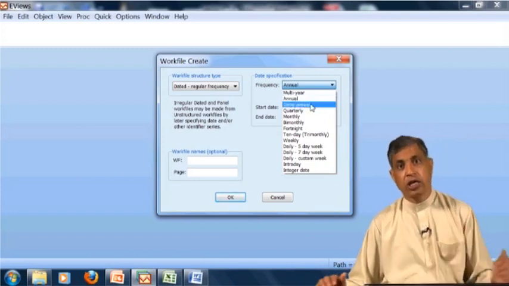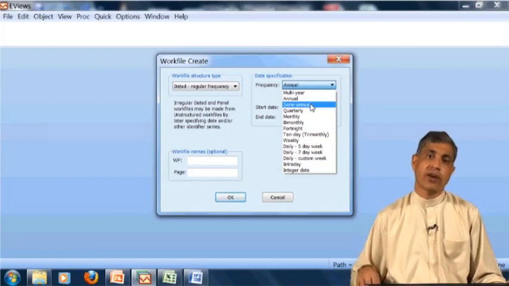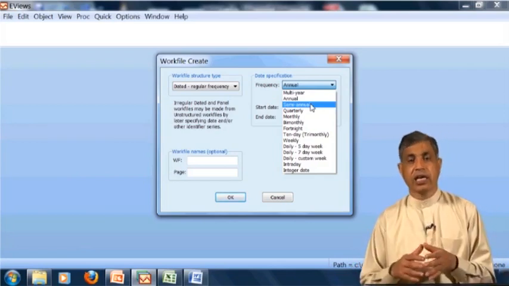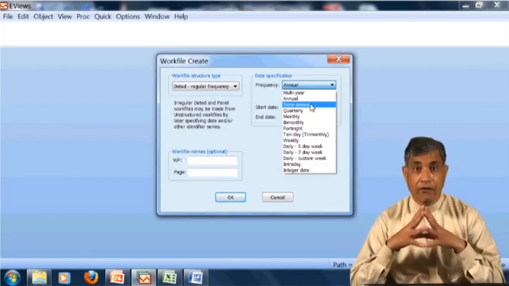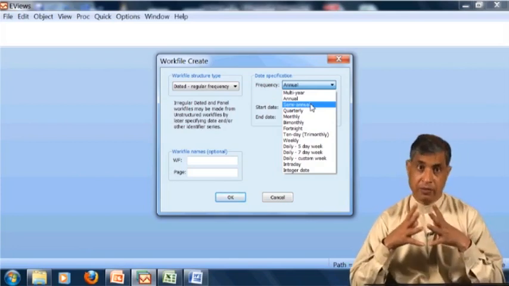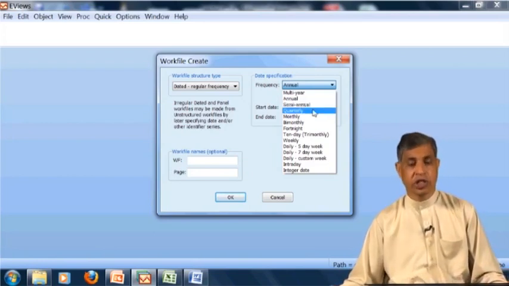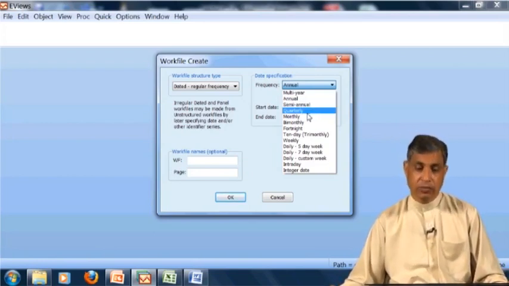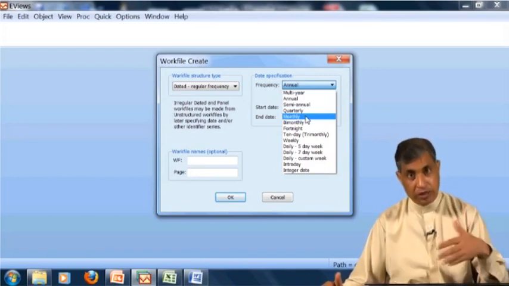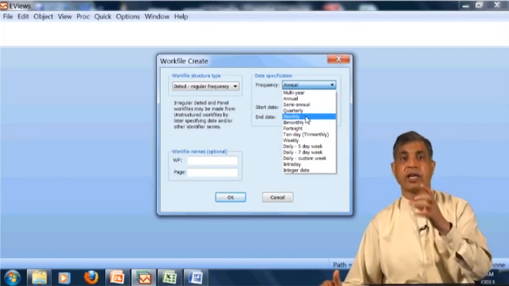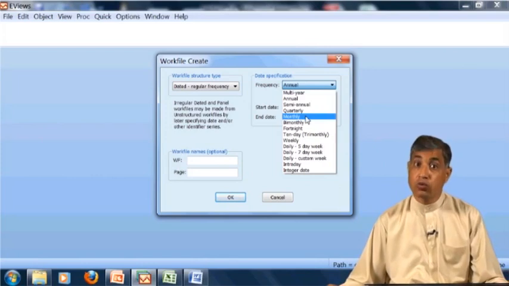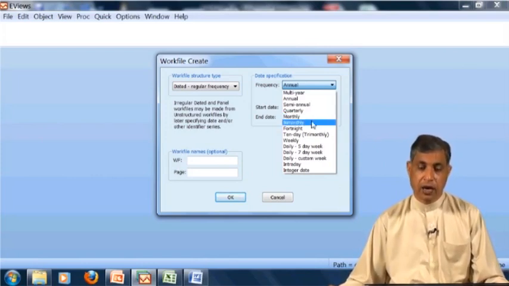Semi-annual is on a 6 month basis. In some of the fields the data is available in different kinds. In some cases data is even available on an hourly basis. So if you scroll down, this is semi-annual on 6 months, quarterly on 3 months, monthly on a monthly basis. It means for 1 year you will have 12 observations, because you know there are 12 months.